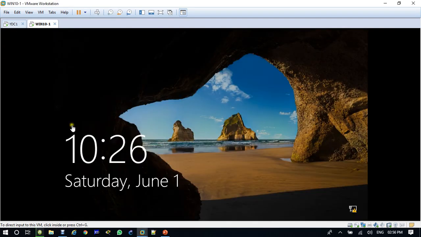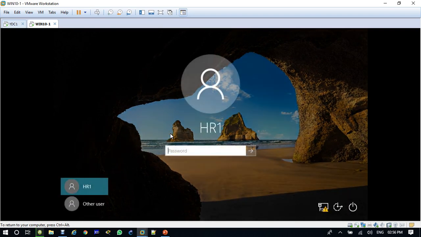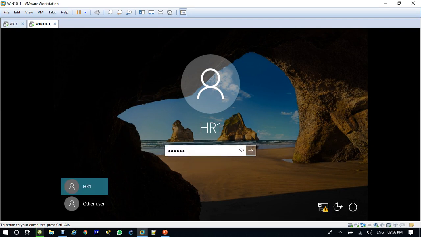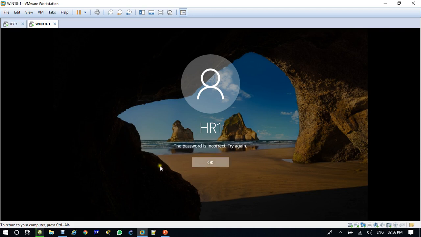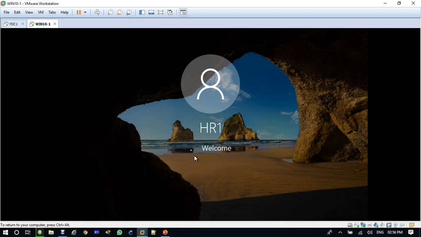Okay, so once the system is restarted, now we are going to log in here. The first time I'll log in with the wrong username and password just to create a log. Okay, and then I'll put the correct username and password.